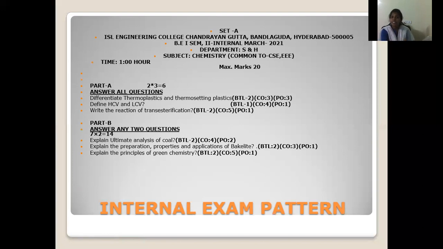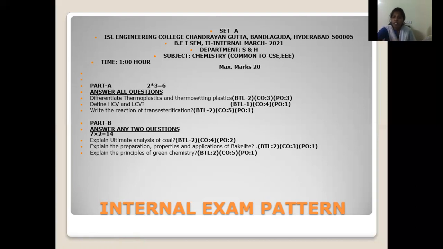And this is the internal examination question paper pattern. Everyone knows how the internal and external question paper patterns are, because you have already seen the previous question papers in the last semester. Today I am not going to show the external examination pattern, as I just explained it in words. Now I am showing the internal examination question paper. Already you know how the question paper is.